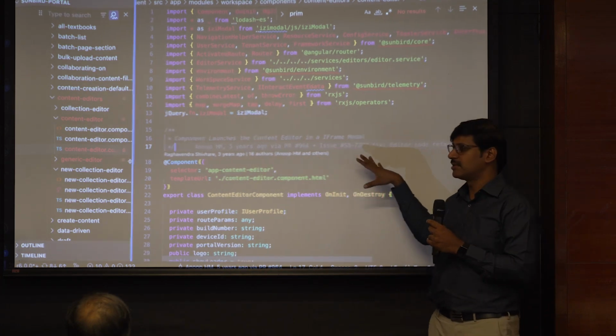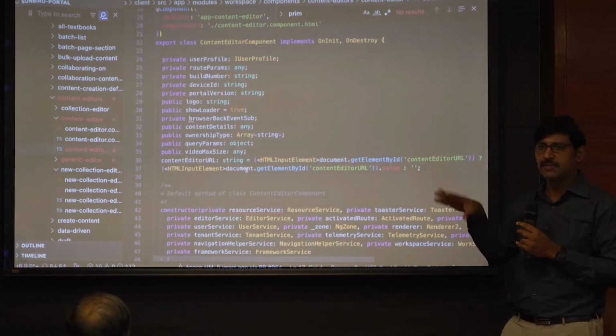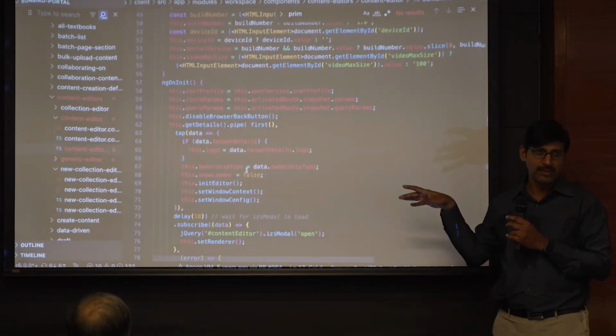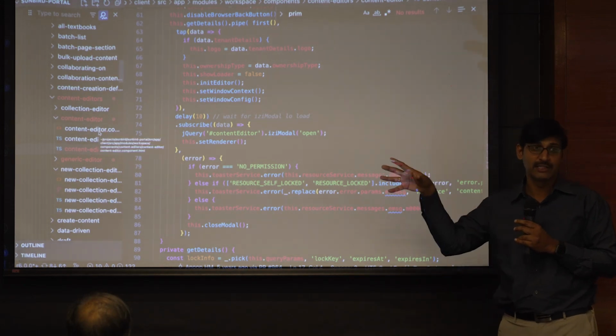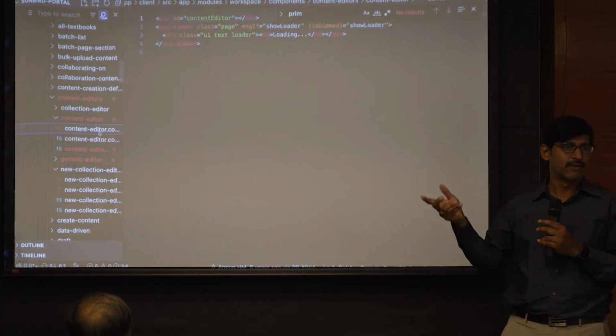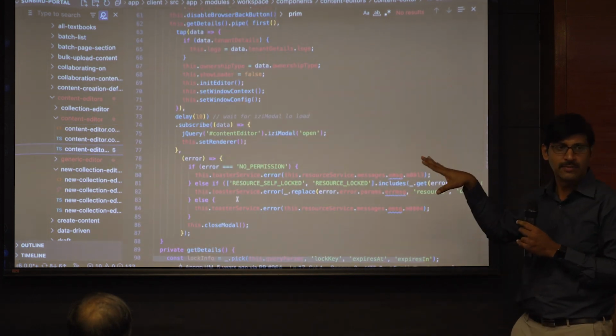Again, this is also in the AngularJS version. Even here, it is all plugin based. It is still possible to do new enhancements, and new plugins can be onboarded, but everything has to be written in JavaScript, not in AngularJS. JavaScript is the key thing used to build the plugins. Again, there is no community support for this editor as well.